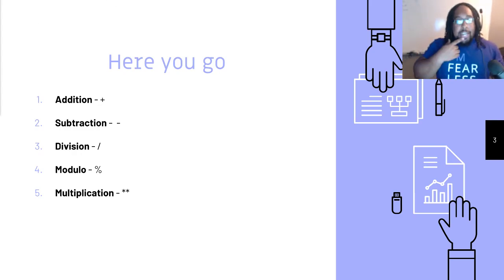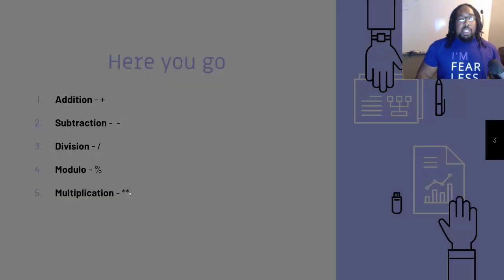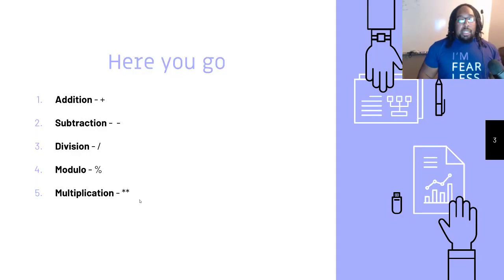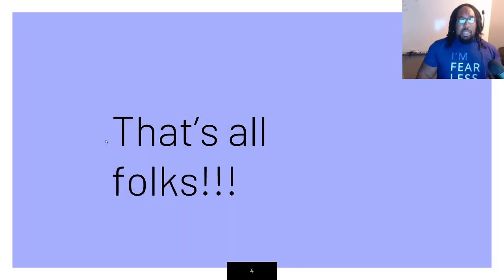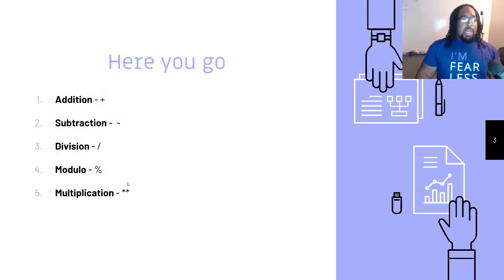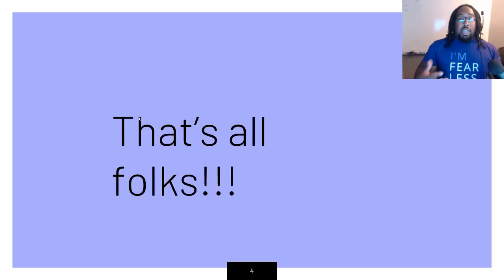Appreciate that, Skull Crusher. So modulo is that operator, so it'll give you the remainder. And then multiplication. I think we know what multiplication is, but this is just how it's going to be denoted inside of JavaScript. Again, this is what we're going to be using tonight. Different languages do it a little bit differently. But actually, this is not multiplication. I think that's exponents. Multiplication, you can just do a star, but don't worry about that. We'll do it real time. But that's all you really need. I just wanted to show you the different math operations that we will be going over and that we'll be using to solve some of the problems tonight.